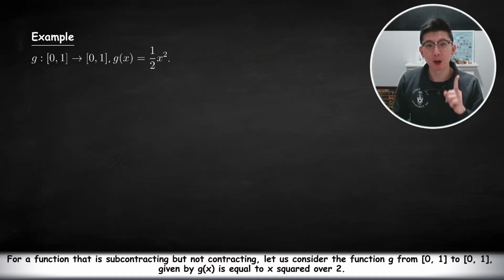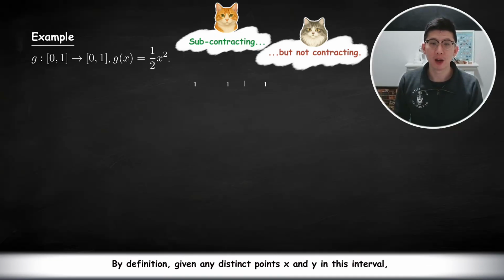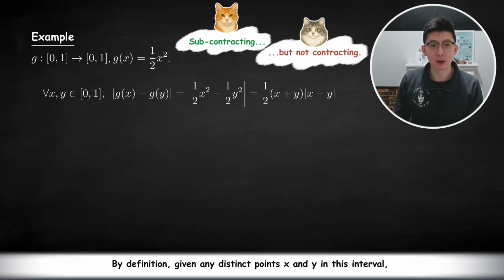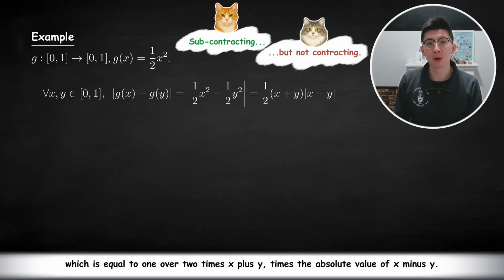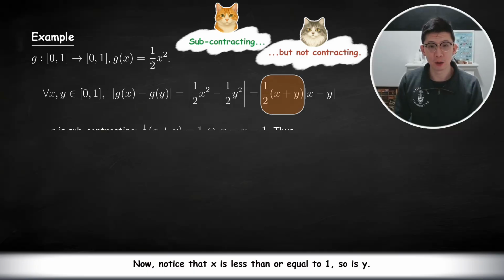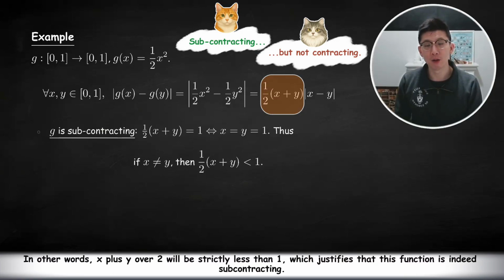For a function that is subcontracting but not contracting, let us consider the function g from 0,1 to 0,1 given by g(x) is equal to x squared over 2. By definition, given any distinct points x and y in this interval, we see that the absolute value of g(x) minus g(y) is equal to the absolute value of x squared over 2 minus y squared over 2, which is equal to 1 over 2 times (x plus y) times the absolute value of x minus y. Now, notice that x is less than or equal to 1, so is y. Hence, if x and y are not identical, they can't be both equal to 1. In other words, (x plus y) over 2 will be strictly less than 1, which justifies that this function is